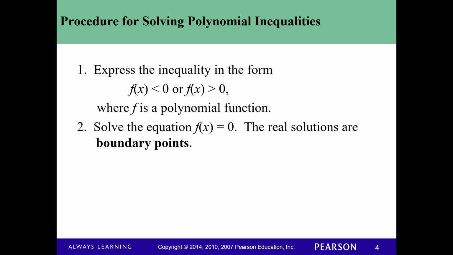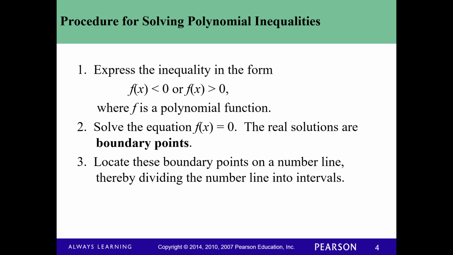Sometimes I'll refer to them as the critical points or the critical values. Those will enable us to create intervals so we can test locations outside of the boundaries. So once we have these, we locate these boundary points on a number line, thereby dividing the number line into